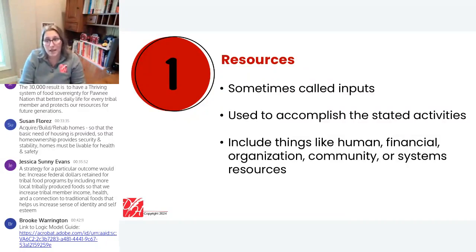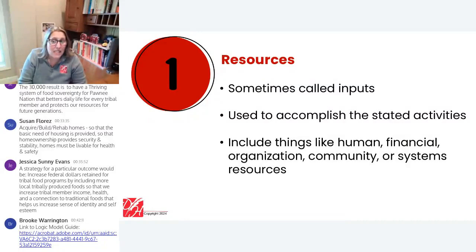Some grant makers will refer to this as inputs. They're synonyms, they mean the same thing. These are the things and the people that you need to accomplish your soon-to-be stated activities. It can be human resources: people, volunteers, participants, board members. It can be financial. Yeah, you need money to make it happen. So that's a pretty good resource that we should have. Maybe it's some donated space, donated goods.